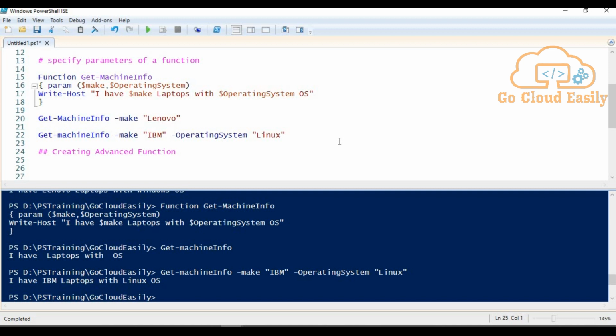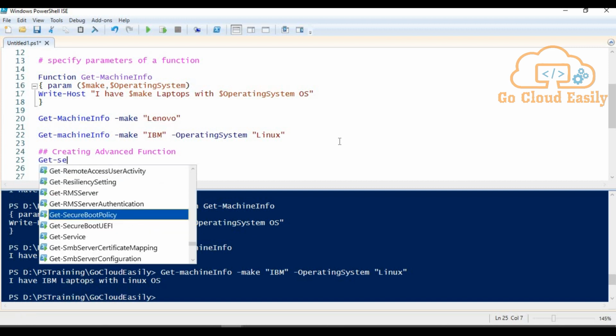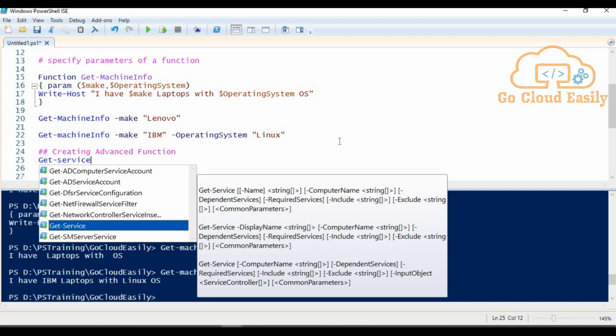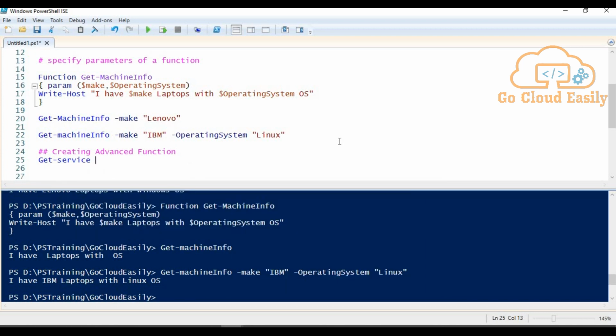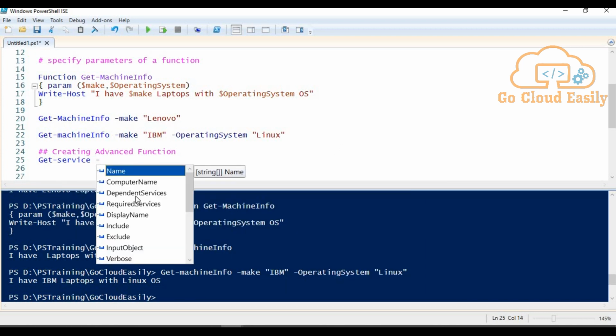If I try to find what exact parameters are there in an inbuilt command, let me take one command like Get-Service maybe, right? And if I want to use some parameters with this command, you can easily see I have so many parameters, like Include, Exclude, InputObject, Verbose, Debug, ErrorAction, like that, right?